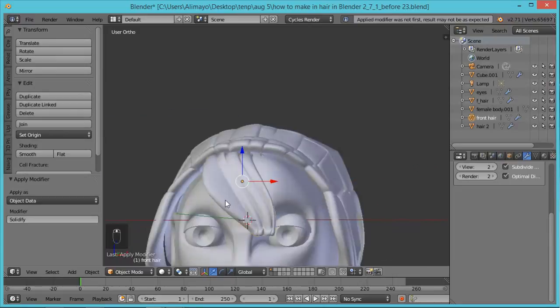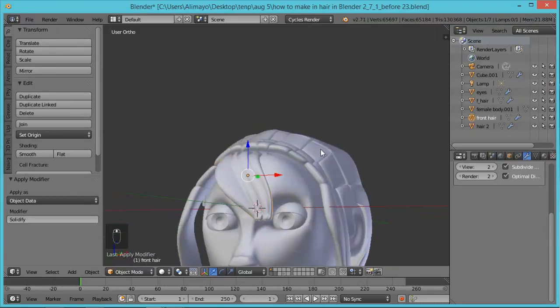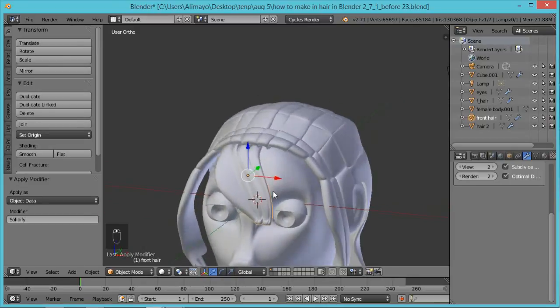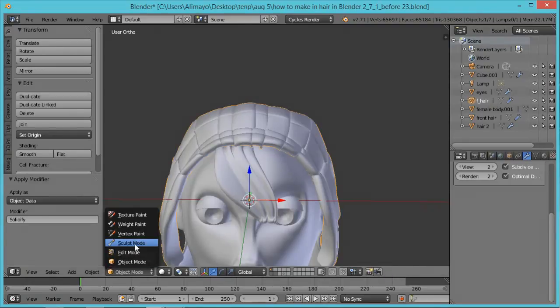Now you have that thickness in there. Suppose you sat there and you said you really don't like how this is. See how you can kind of see the forehead? That's also easily fixable. We can just click the female hair here, take this, go into scope mode,